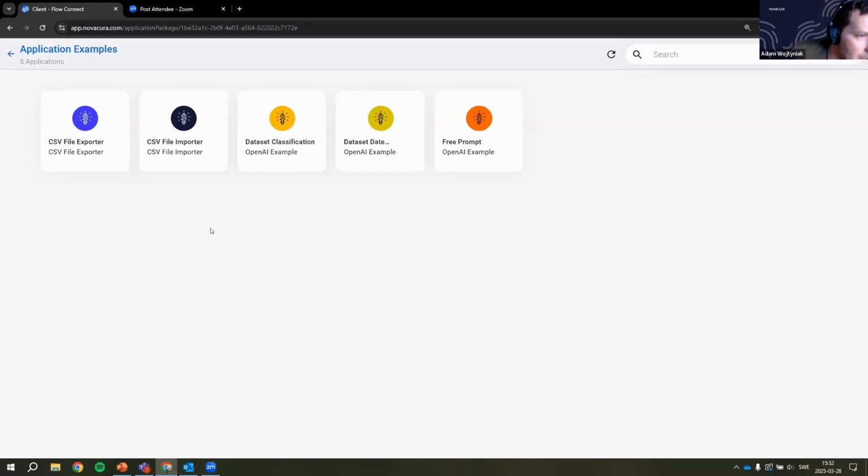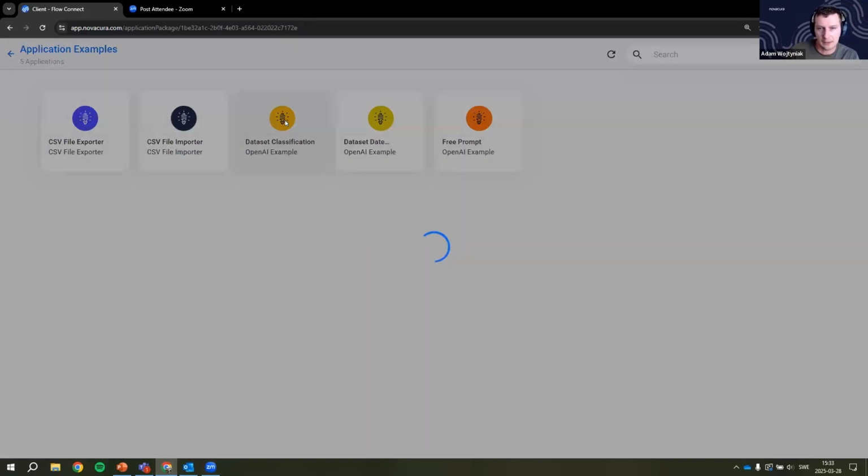Okay, so as Lukasz mentioned, I would like to give you a practical example of how examples can be utilized in your daily business. And what you're seeing here is just the Flow Connect web client. And the example that I would like to guide you through is the one that actually interacts with OpenAI. So if I click on this one,